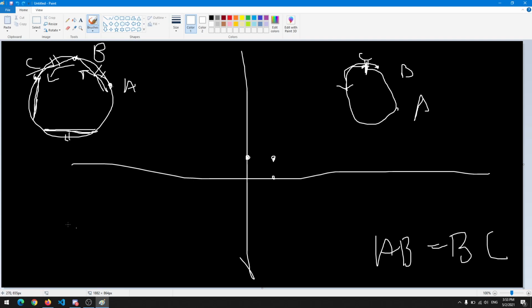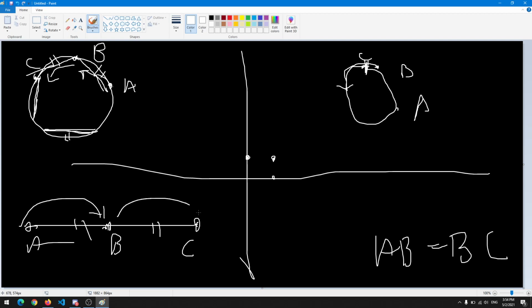And we also need to check if AB is equal to BC could be true in this way also. A, B, C. This is a line. AB is equal to BC. Our first condition is met. But can you rotate the plane in such a way that A comes to B, B goes to C, and we don't care about C? Is that possible? Yes, if the circle has infinite radius. But that is not the optimal solution for this one. So we'll just print no here.